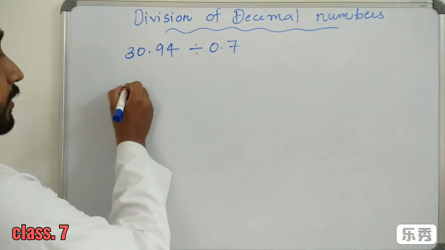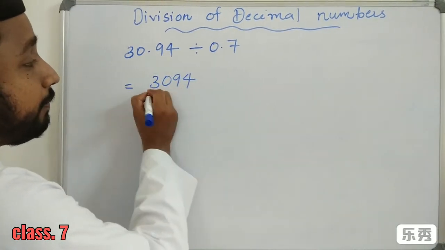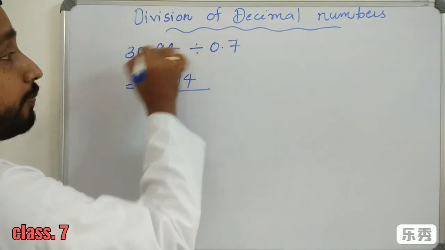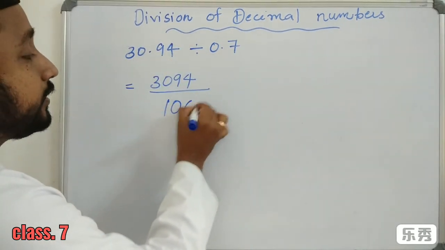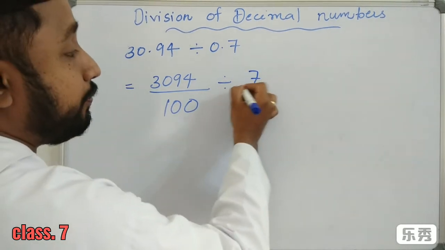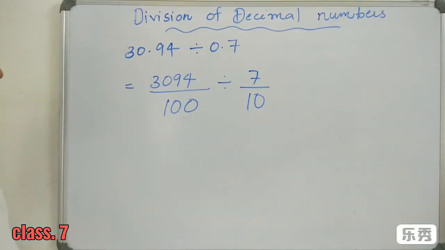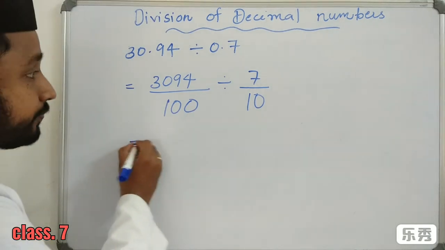The rule is that 30.94 has 2 digits after the point, so by 100, divided by 0.7. 7 has 1 digit after the point, so 7 by 10. So we got 3094 by 100 divided by 7 by 10, which is equal to